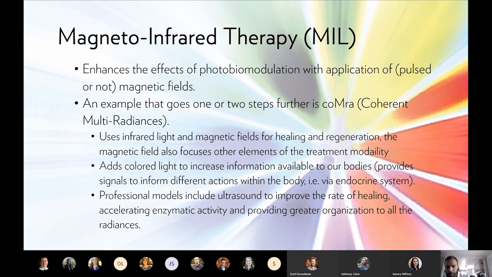They use infrared light and magnetic fields for healing and regeneration, and also to focus other elements of the treatment modality. They include colored light as well, to increase the information available to our bodies, and inform systems like the endocrine system, which regulates like your flight or fight response. And their professional models include ultrasound, which speeds up the rate of healing,